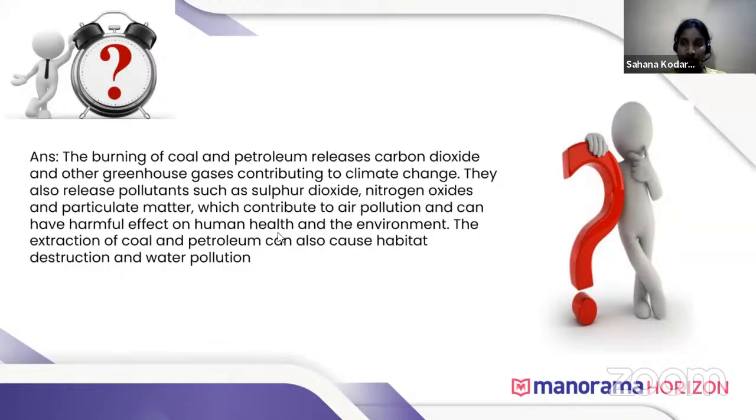This acid rain also causes effects on humans as well as the environment. It also damages buildings. Like the Taj Mahal, the color of the Taj Mahal has changed to yellow due to acid rain. This is because when we burn fossil fuels, they release sulfur dioxide and oxides of nitrogen. These gases mix with the water vapor in the clouds, and they come down to the earth in the form of acid rain. So this mainly affects aquatic life, and it will also destroy the